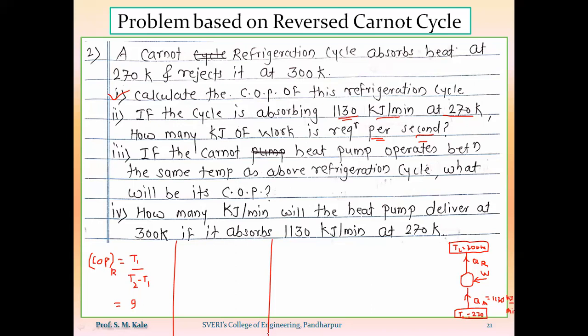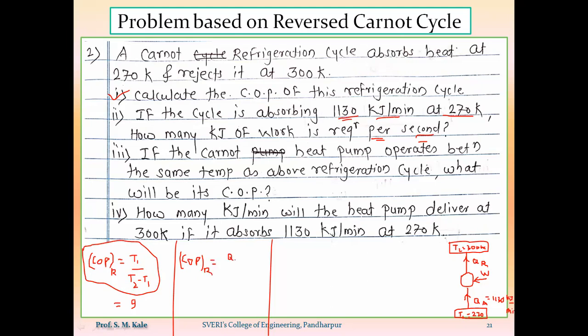Efficiency of heat pump. Yeah, we are knowing the COP, not efficiency, of the refrigeration cycle. This is one formula of COP in terms of temperature. This is the one formula of COP of refrigerator in terms of temperature. Another formula of COP of refrigerator in terms of heat is nothing but Q1 divided by Q2 minus Q1. And one more formula: COP of refrigerator is given by QA divided by